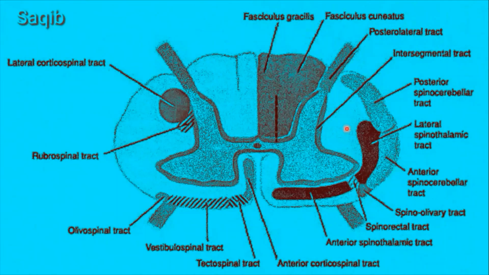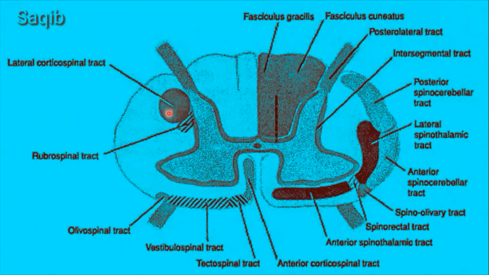And in the lateral funiculus, there are the anterior spinocerebellar, the posterior spinocerebellar, the lateral spinothalamic tract, the spino-olivary, and the spinotectal tract. These are there. And in the anterior funiculus, the ascending tract is the anterior spinothalamic tract, mainly. So on this side are the ascending tracts, and here on this side are the